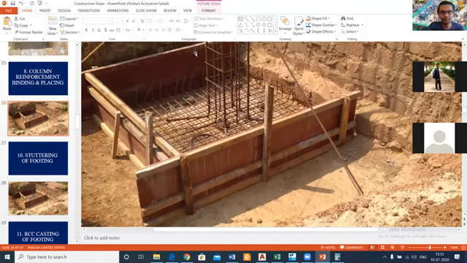So this is plywood shuttering material. The best material used for shuttering is steel. If you use steel, then it is the best one. But in some cases, when you have a low budget, then we can use plywood.